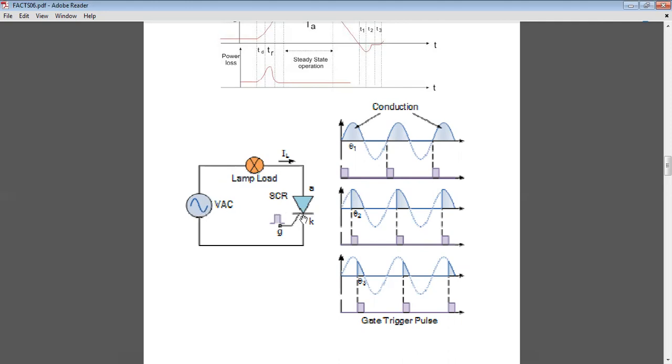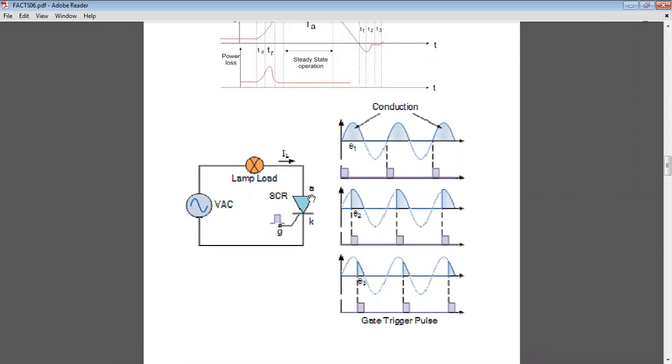In this rectifier, the AC voltage is converted to DC, but not pure DC. You can see that this is a pure sinusoidal waveform, and this is half wave only. During this time, the thyristor is favorable for conduction because the anode is connected to this one and the cathode is connected to this one, so during the positive cycle it is forward biased and favorable for conduction, and we are giving a firing pulse at firing angle theta 2, so that only this waveform you get.